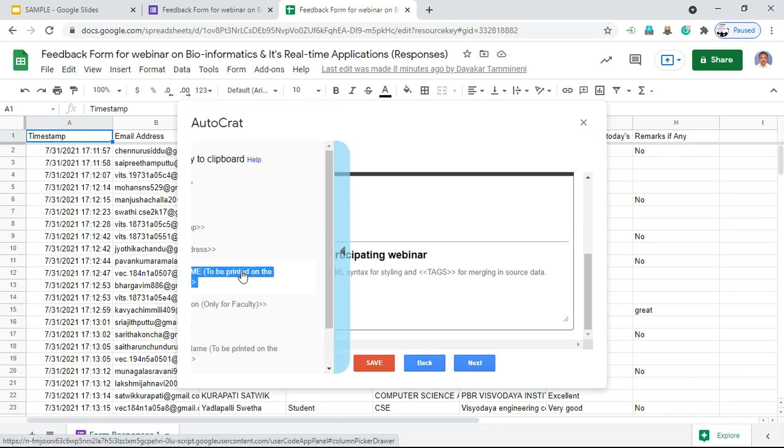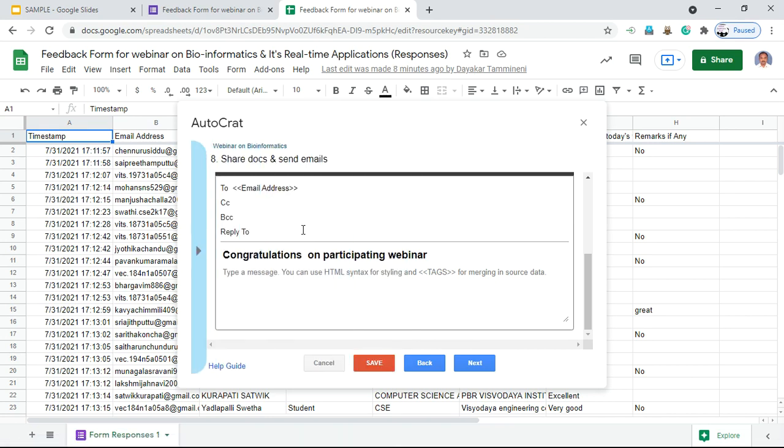So you can select full name and press Ctrl V. For example, if your name is Venkat, then congratulations Venkat for participating in the webinar on bioinformatics. So this should be the title. Okay, this should be the title.